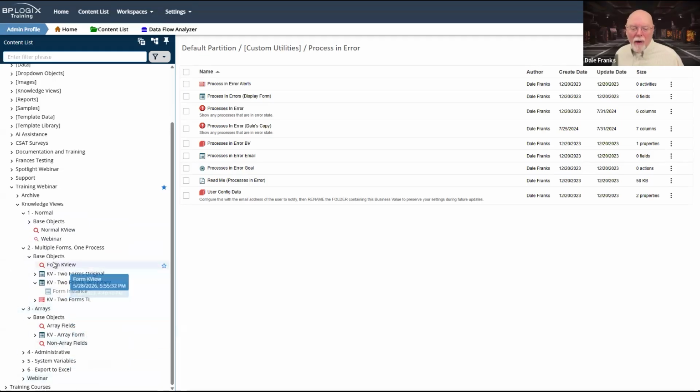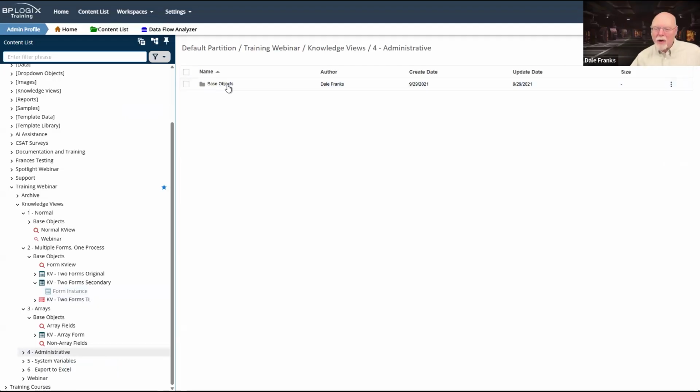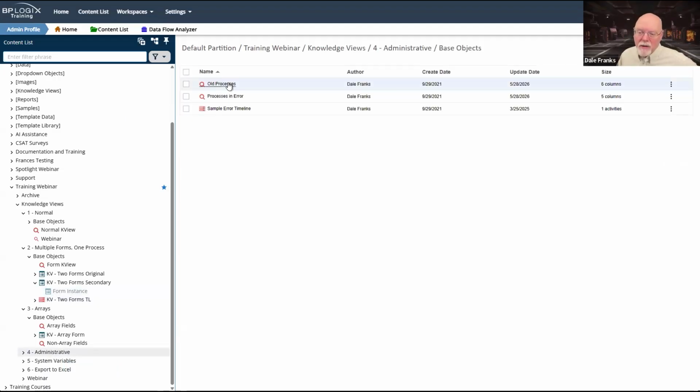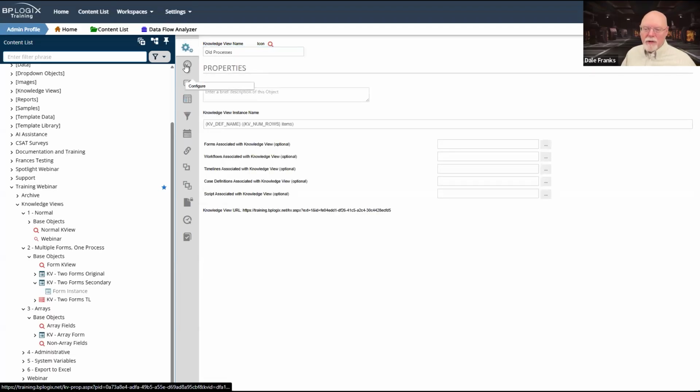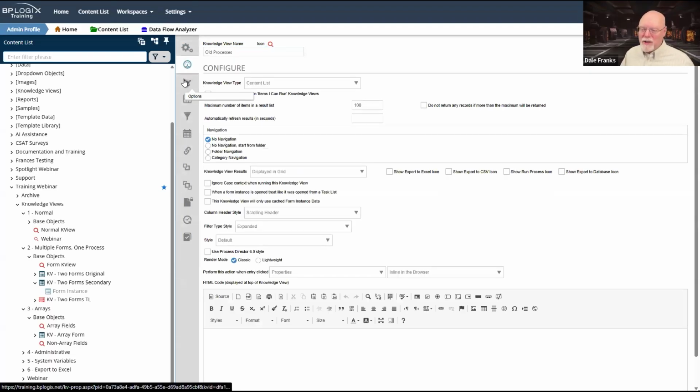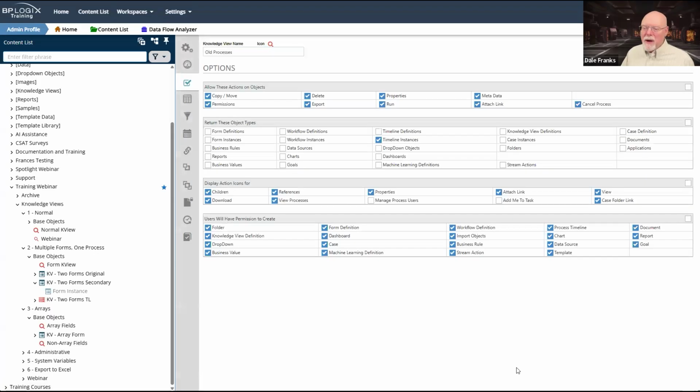But I always create my own. And there are two I think that are useful. One is the process in errors. Now, the process in errors is super simple to set up and configure because for the most part, you don't do much configuration. You don't change anything on properties. You don't change anything on the configure tab.